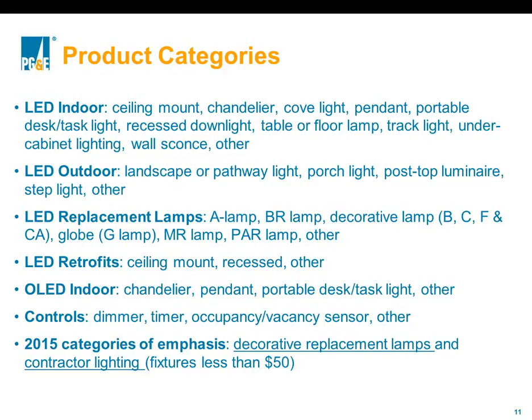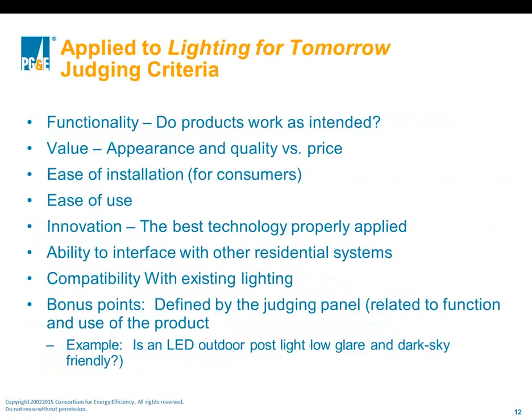And then looking ahead, in 2015 we will be adding more decorative specialty replacement lamps, as well as what we consider contractor lighting. So more economic solutions out there that still provide some good value in terms of efficiency and performance. So I'm going to spend most of the time, we'll get into the slides, talking about the winners from the 2014 competition. That will be most of the deck, but just to finish up, I want to give you some context about how we